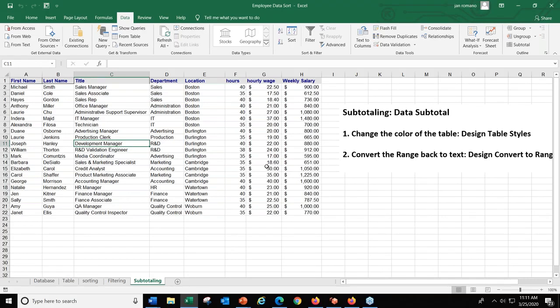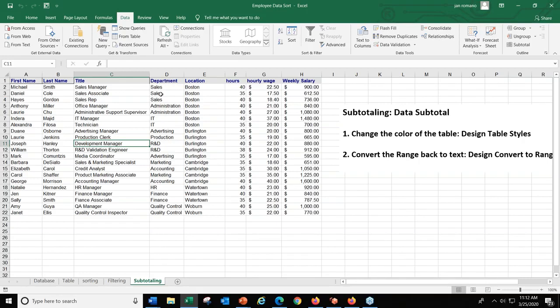Why? Because we're going to try it again. And what are we going to subtotal by this time? I want to subtotal by department. And again, I can only subtotal when there are fields that have numbers in them. So if we look at our columns F, G, and H, those are the only 3 fields that have numbers in them, because remember, Excel is going to sum up the numbers, and so we have to be logical about what it is that we want to see summed up. So again, we'll sum up the hours, we'll sum up the weekly salaries, or maybe this time we'll just sum up the hours. Again, you can decide, but this time we're going to sum them up by department